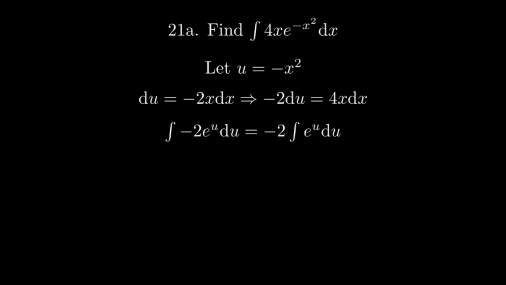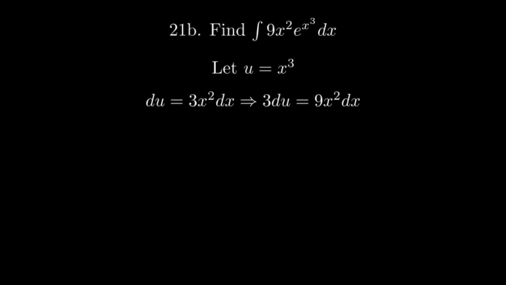The integral of e to the u is just e to the u. Finally, substitute back negative x squared for u. So the result is negative 2 times e to the power of negative x squared plus c. Now for question 21b. We need to find the integral of 9x squared times e to the power of x